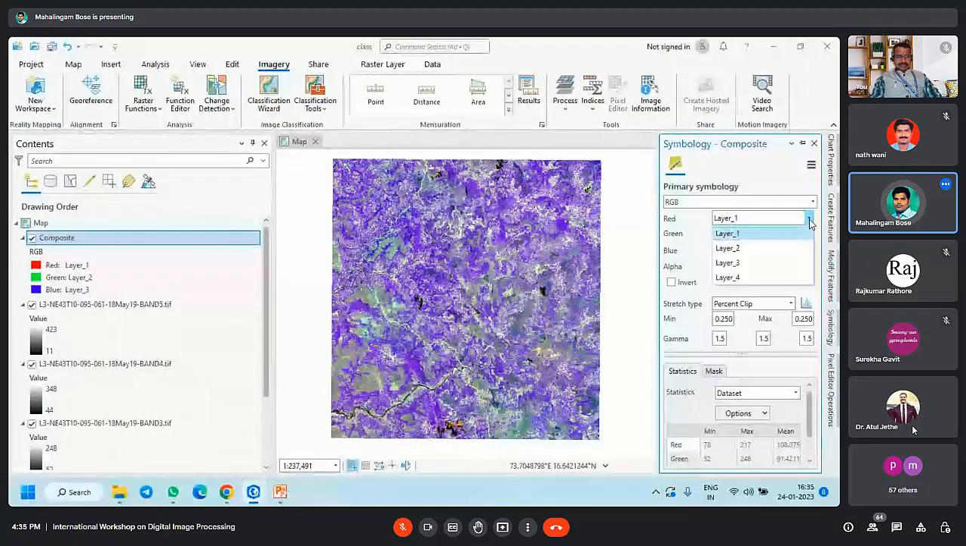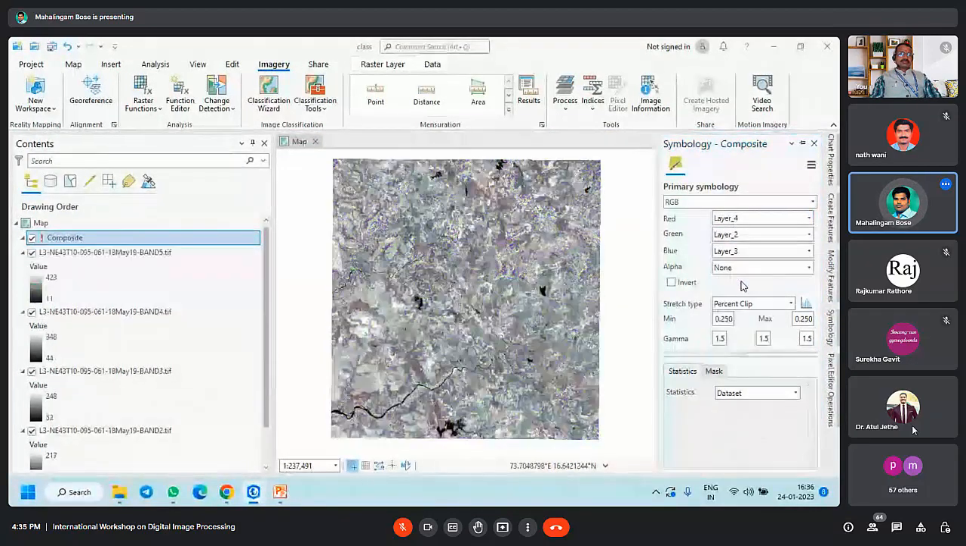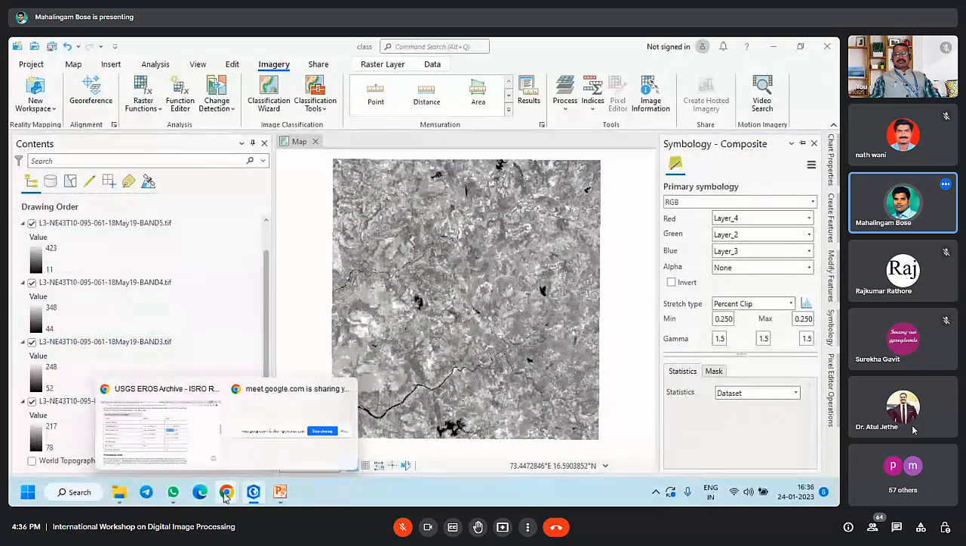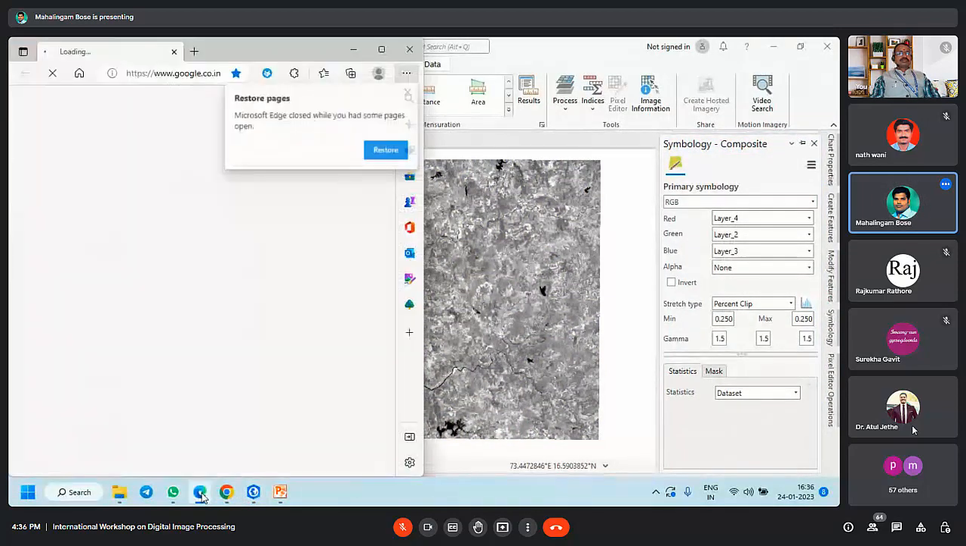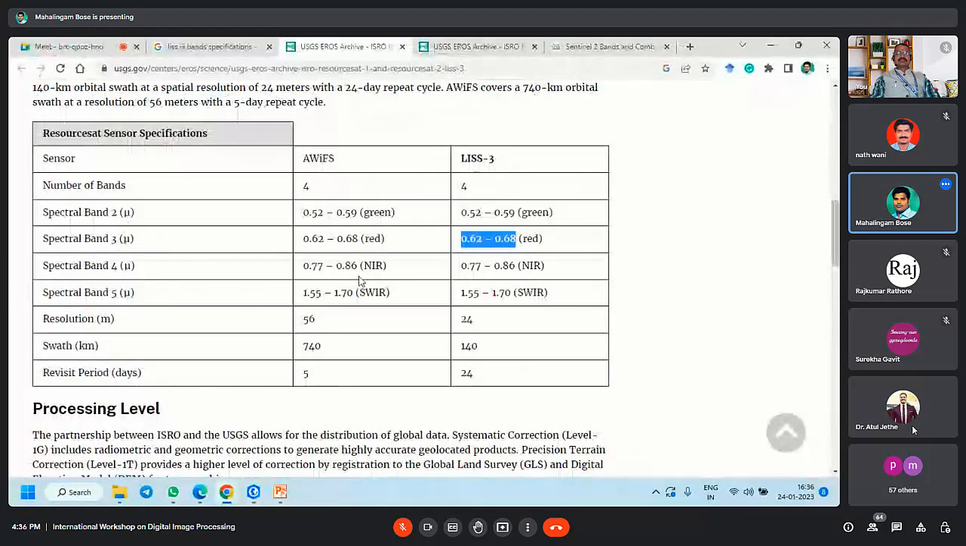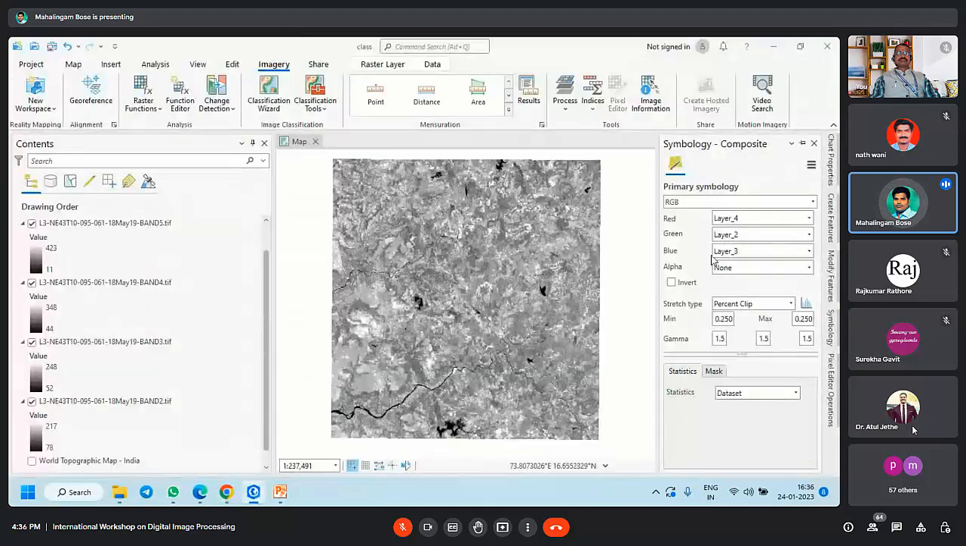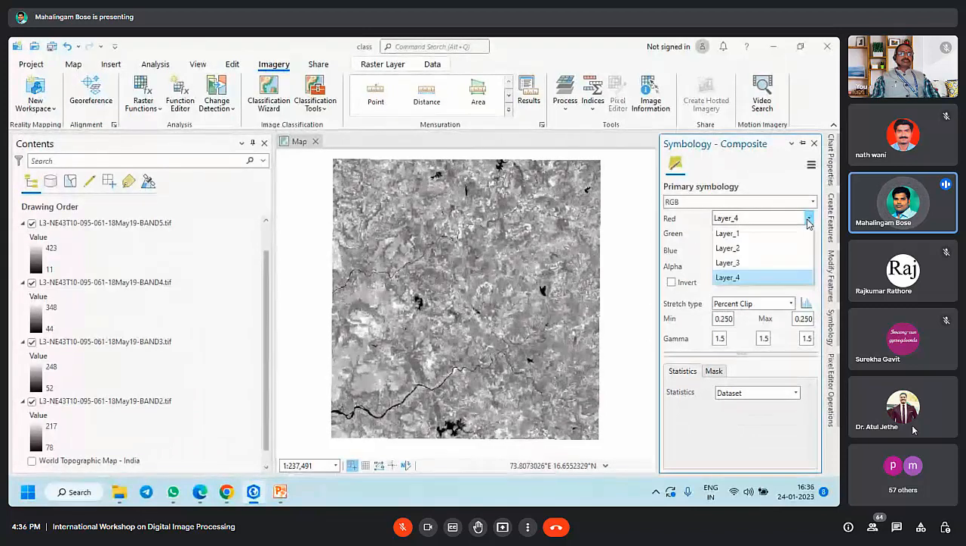Right. So I go with red should be in 4, because here if you see the 4th band is the near infrared band, or the information captured in the region of near infrared, and the 3rd band is the red band, and the 2nd band is the green band. So there is a term called false color combination, or we can say the standard false color combination, in which the near infrared band is shown with the red